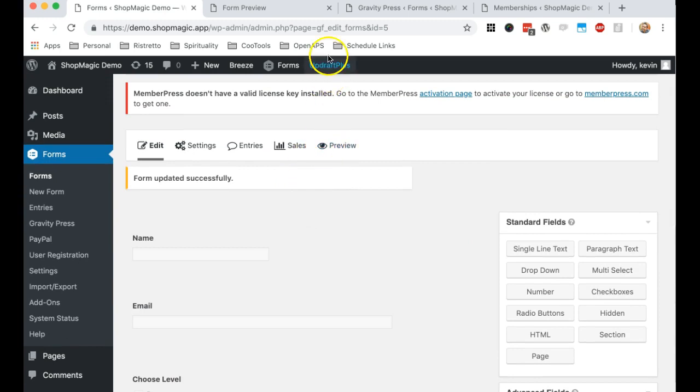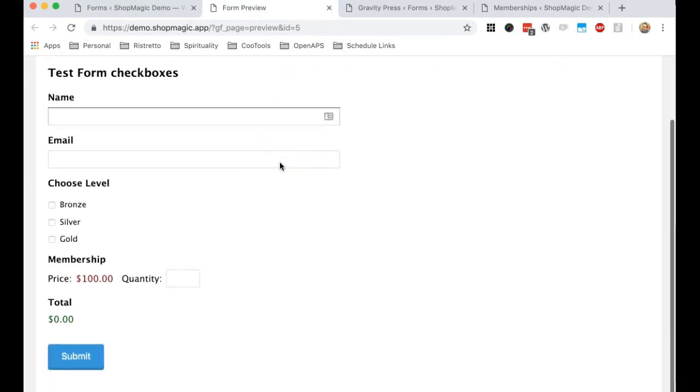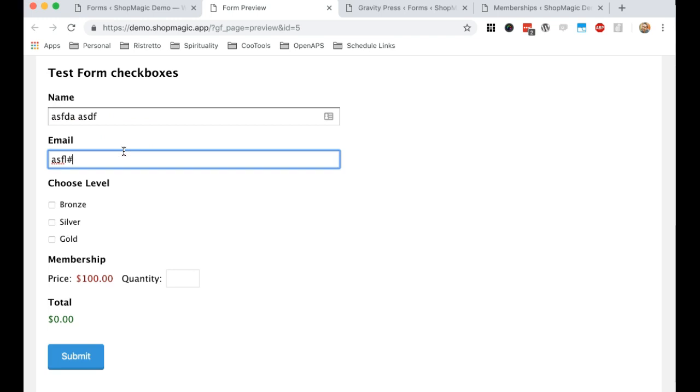So what we've effectively done is provided the ability for this person who's checking out now to select which levels they want to be added to. So I can choose bronze and gold, and once I pay my $100, you can make this required, let's say, then once I pay that, I will be added to only the bronze and the gold, but simultaneously I could